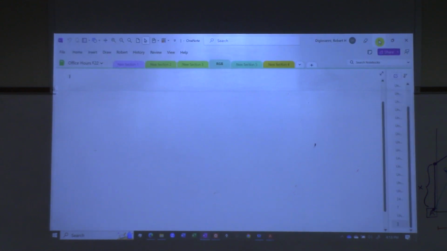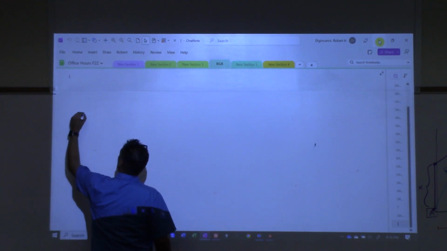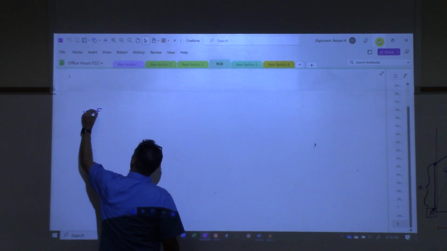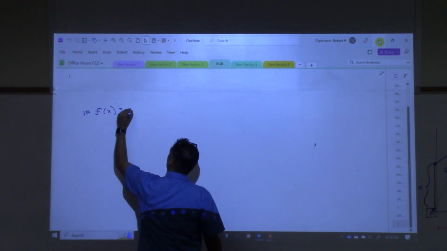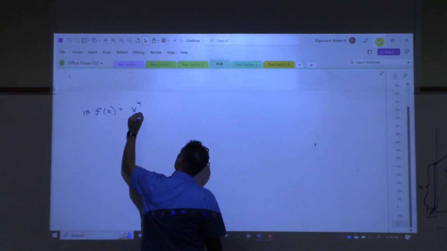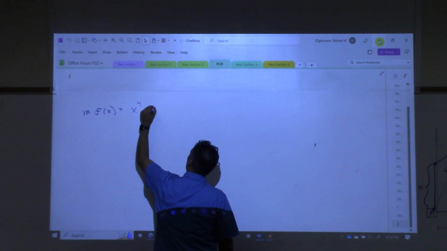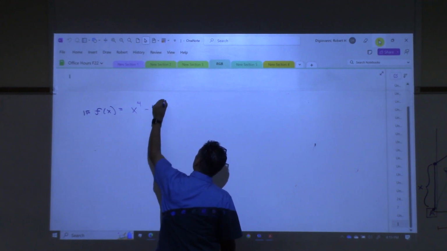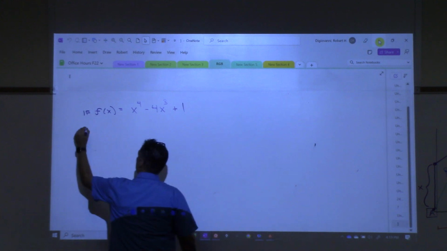So let's do an example here. If f of x equals x to the fourth minus 4x cubed plus 1, find